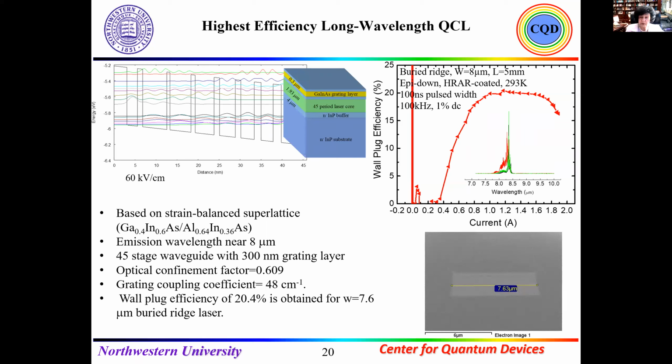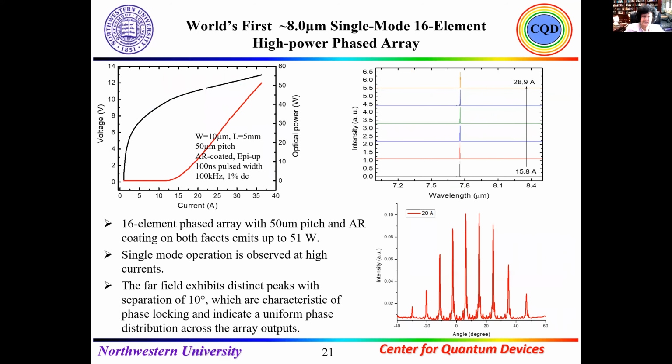That is the highest wall-plug efficiency for the long wavelength, with the width of 7.6. And we use that again, as we can see, for the first 8 micron single mode 16-element high power phase arrays, so that again the 16-element phase array gave up to 51 watts with the 50 micron pitch and the AR coating on both facets, and the single mode operation has been